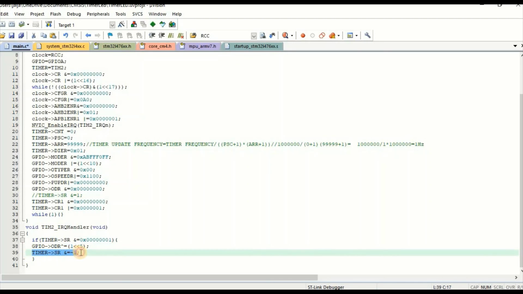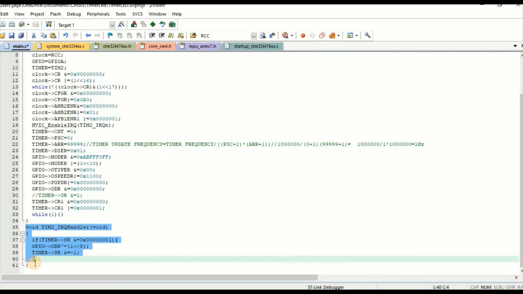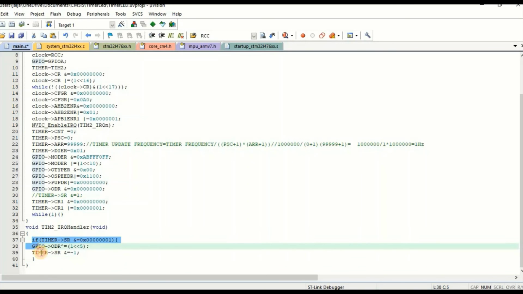We're actually clearing its last bit. So again the interrupt is enabled, and again the timer counts until it overflows, and when it overflows it comes into this piece of code, and all these statements are executed.